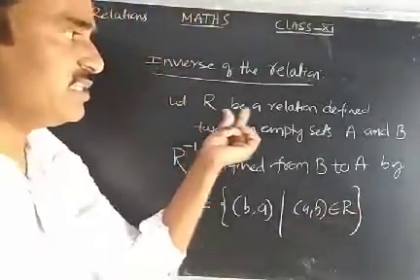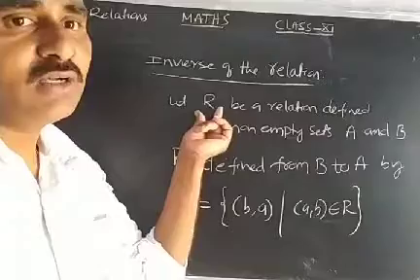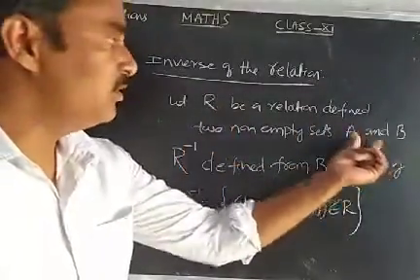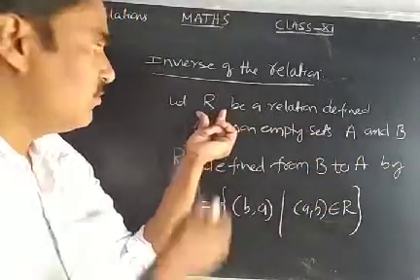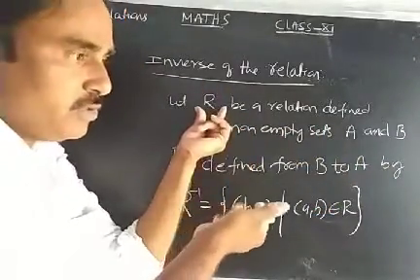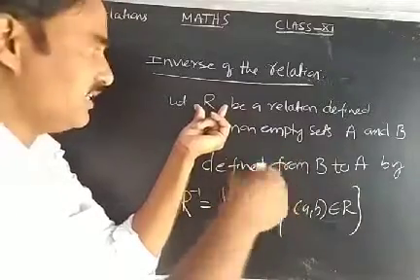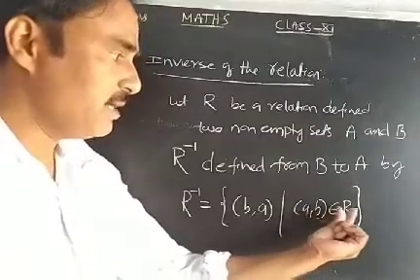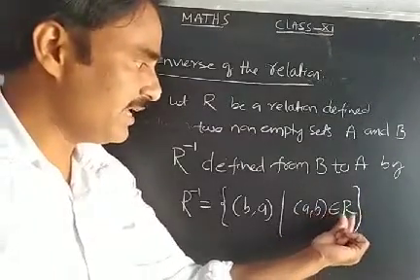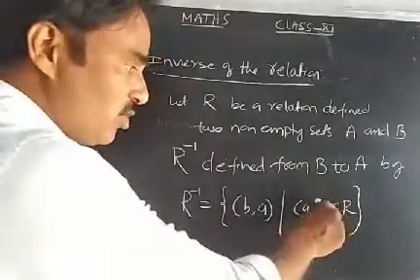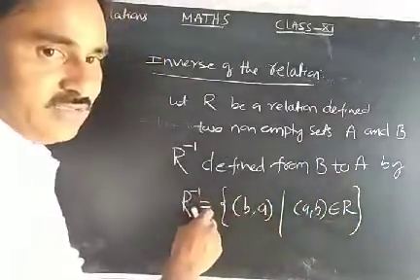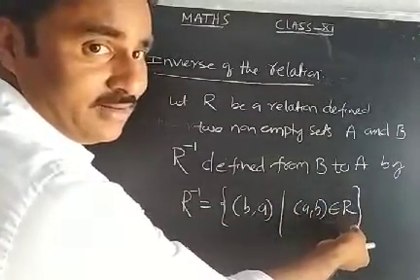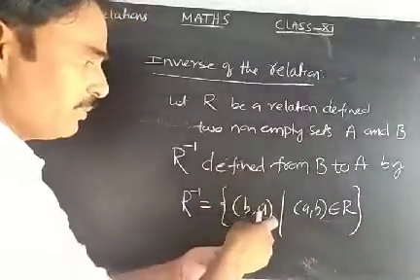So if you have any relation from A to B, relation means what? It is a subset of A cross B. That means R is a subset of A cross B. So in R we have the ordered pairs. For every ordered pair, suppose (a, b) is there, interchange the coordinates, the x coordinate and the y coordinate, in that ordered pair. Take that new ordered pair in R inverse. So for every ordered pair in R, you can interchange and take that new ordered pair in R inverse.